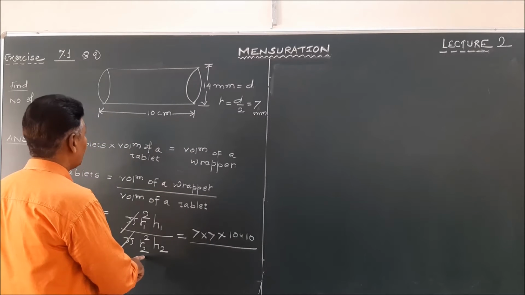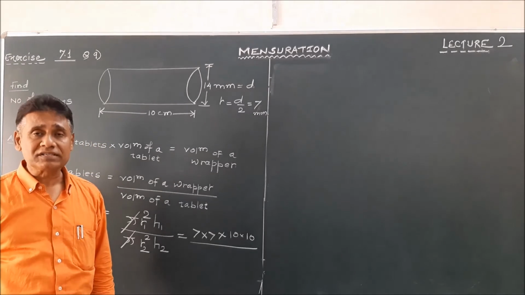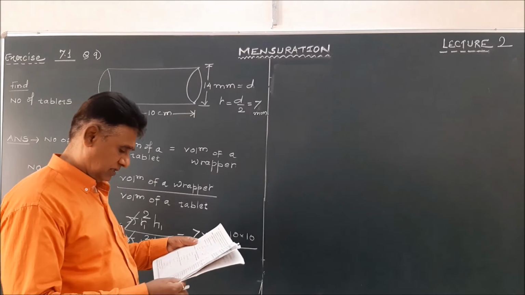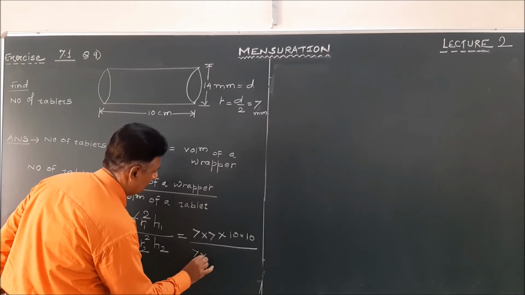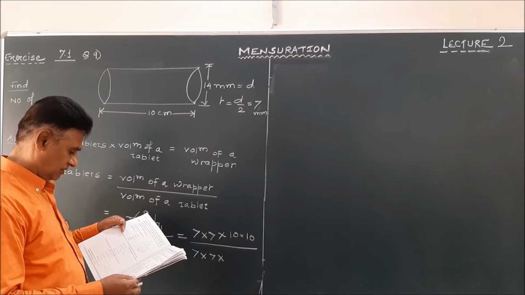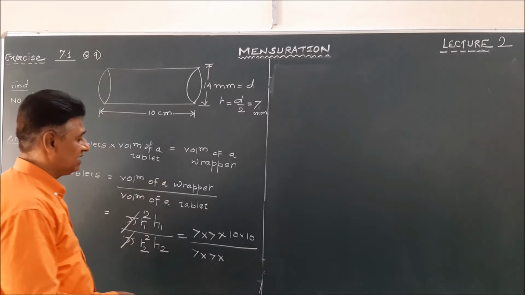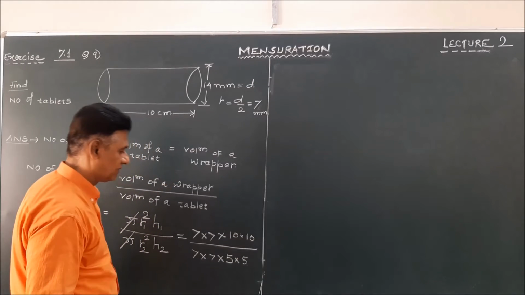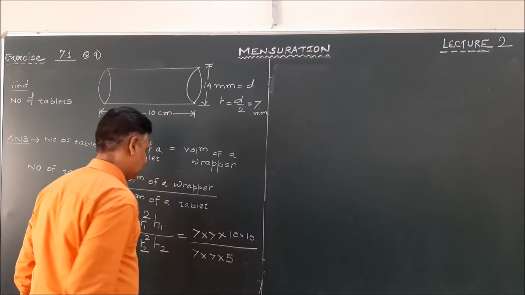Divided by R2. R2 stands for what? Radius of a tablet. Now what is the radius of the tablet? The radius of a tablet is given as 7. Next to that, they have given us the thickness of a tablet. Thickness is nothing but height. So that will come as